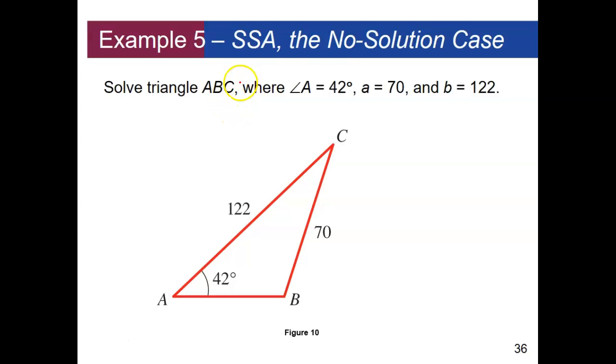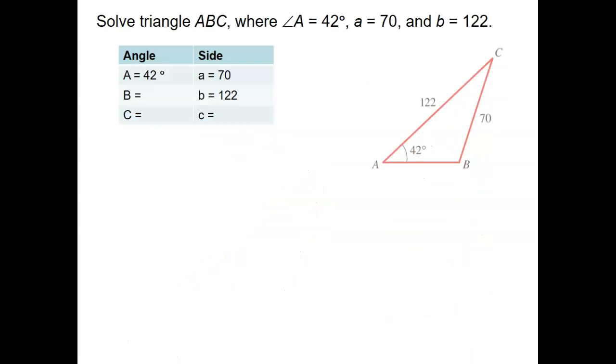Okay, on this example, we have another one that has the side, side, and angle provided for us. So side, side, angle is always going to be this ambiguous case that we have to decide whether it's 0, 1, or 2 possible triangles. So if we look at this one here,